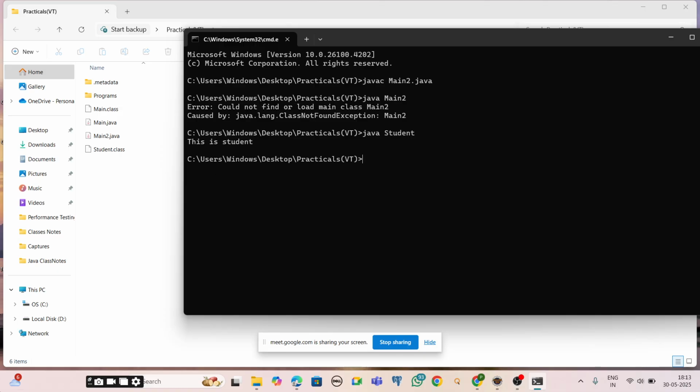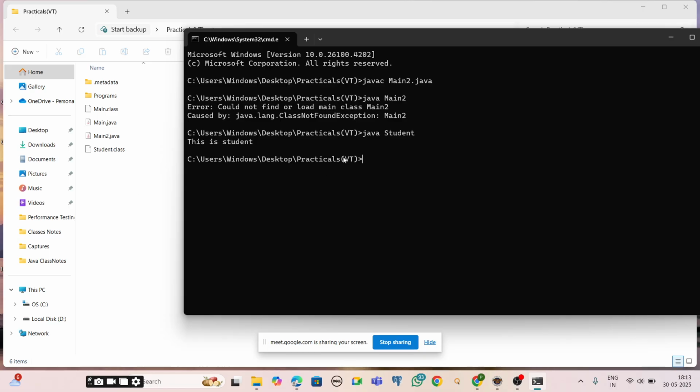So this is how it works. We can give a different name for the file other than the class name. It is not mandatory that the class name and the file name should be the same. We can give different names also. But the bytecode will be generated with the class name only. Even though you are giving a different file name for the .java file, the generated bytecode will be as per the class name.